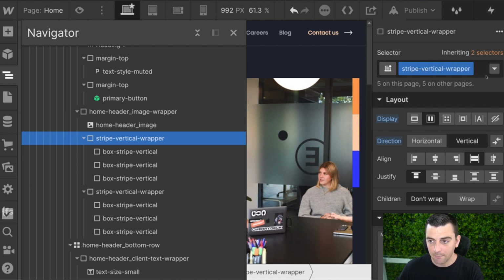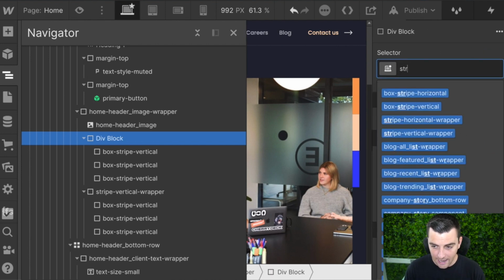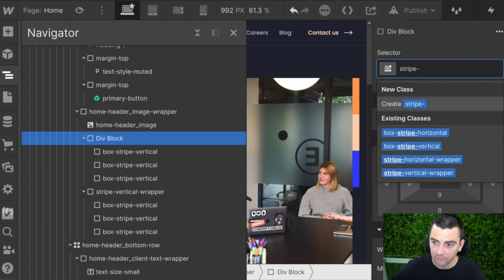So we have stripe vertical wrapper. Now, let's look at what this is doing for us. Stripe is a keyword that we are using for these graphic visual elements on the build. Box stripe horizontal, box stripe vertical, stripe horizontal wrapper, stripe vertical wrapper. I've now just returned really valuable classes when I'm deciding if I want to add more of these graphic elements